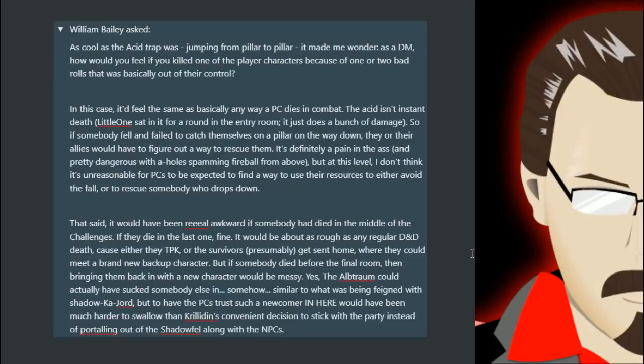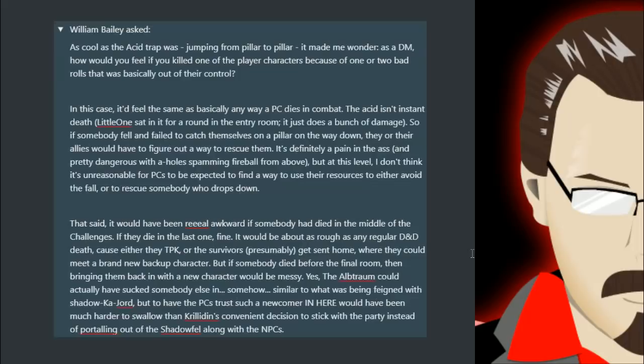If they die in the last one, fine. It would be about as rough as any regular D&D death, because either they TPK, or the survivors presumably get sent home where they could meet a brand new backup character. But if somebody died before the final room, then bringing them back in with a new character would be messy.